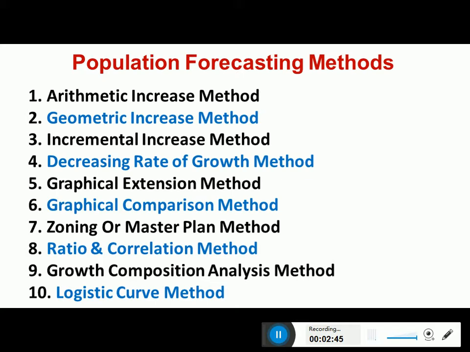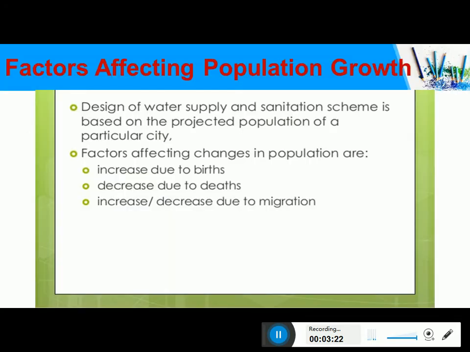The population growth for a city, town, village, urban area and rural area differs. You might have also observed that the population growth in semi-urban and rural areas is quite less, whereas the population in urban areas is a little bit more. And the population growth in metro cities is very rapid, and it does not follow a particular growth pattern. That is because of various socio-economic reasons. Now let us see in detail what are the factors which affect the population growth.